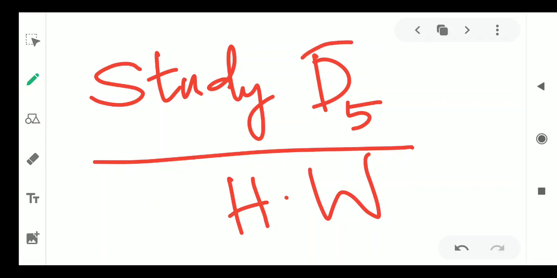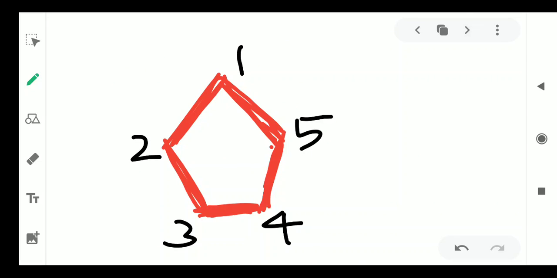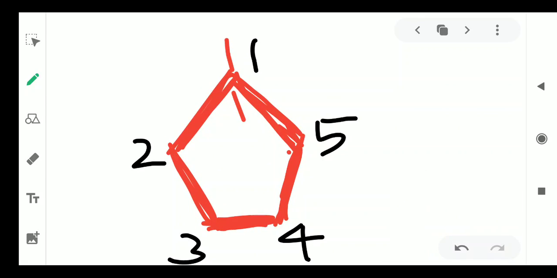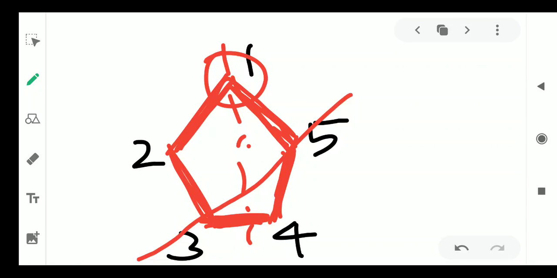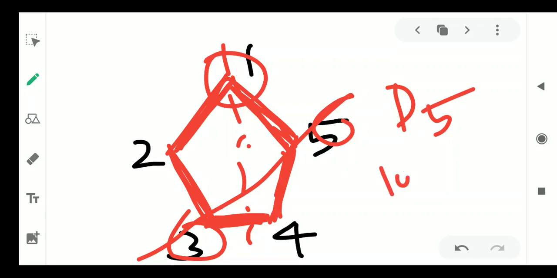Now the homework is, what are the things for D5? D5 is a dihedral group for a regular pentagon. So we will be getting 5 rotations. What else? You will be getting some kind of symmetry here, dealing with fixing 1. Then what about diagonal flipping? Diagonal means fix 3 and 5, exchange 1, 2 and 4. You will be getting 10. In D5 we will be having 10 permutations.